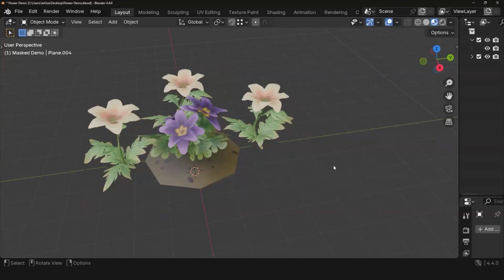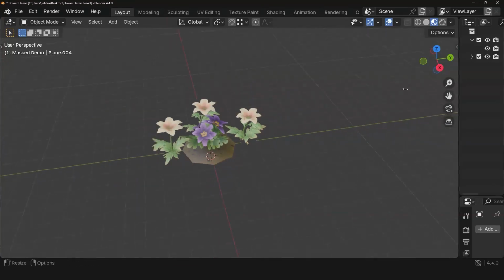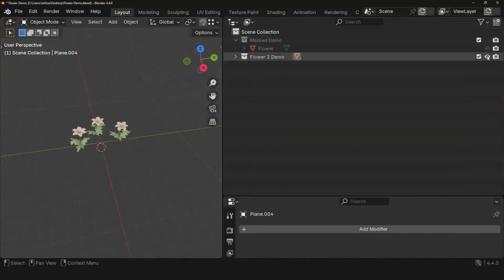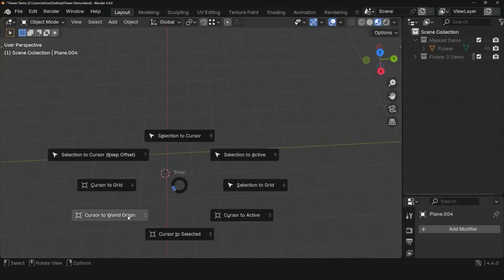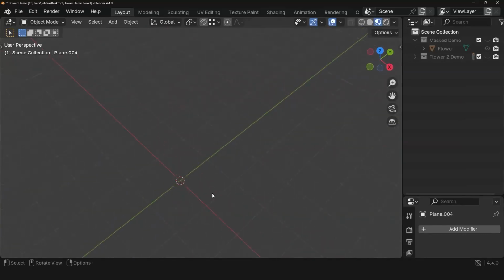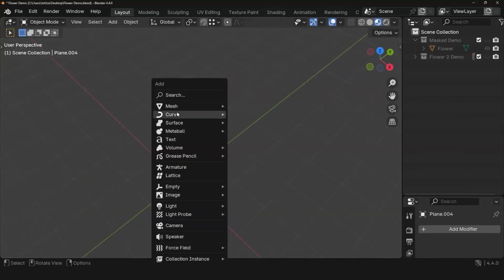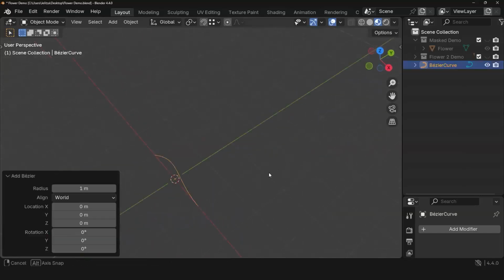How was Bezier converted to mesh with thickness? Okay, so let me show you again how that looks. What I'm going to do is press Shift A and create that curve, and I'm going to just leave this as default. Going here